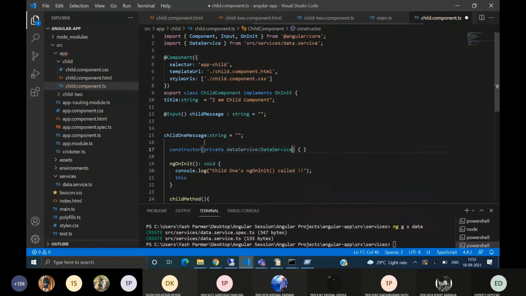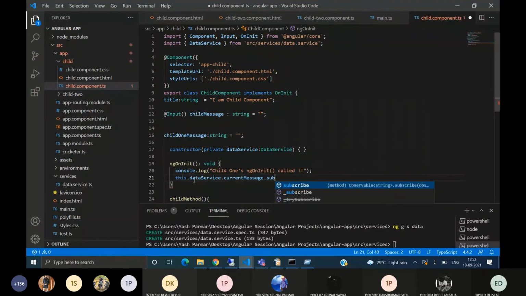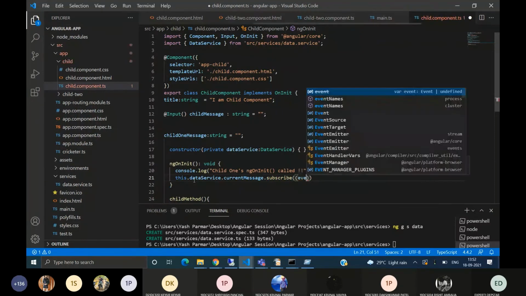We have injected the data service, and now we will call dataService.currentMessage.subscribe, and take any event that comes.